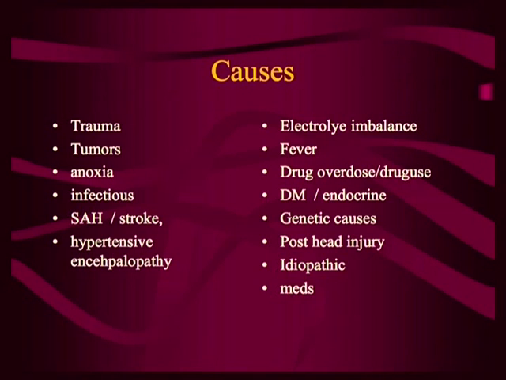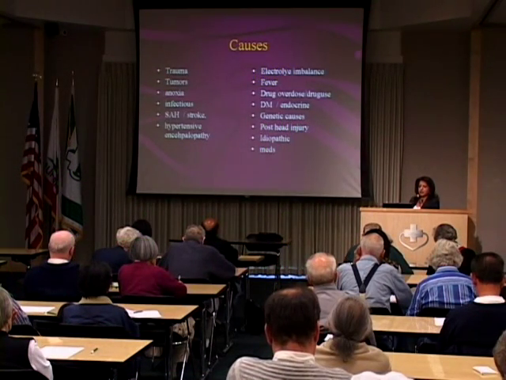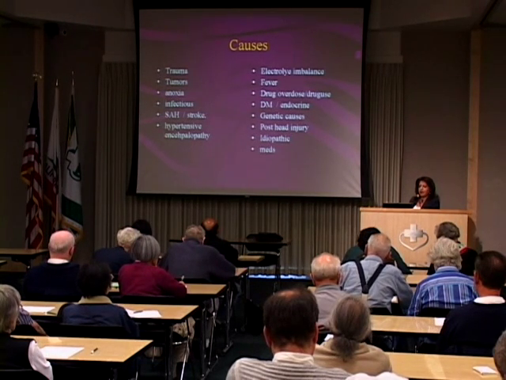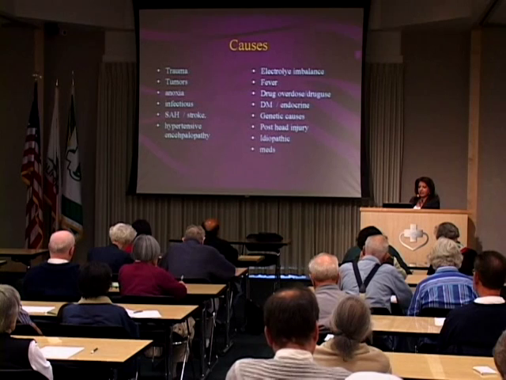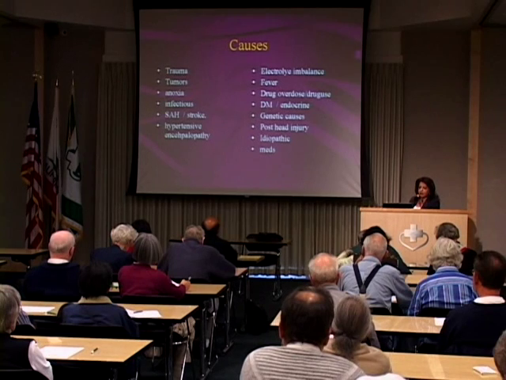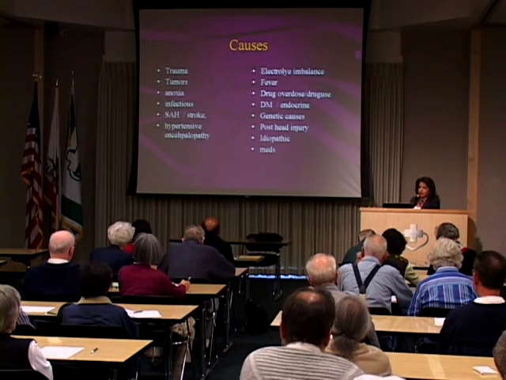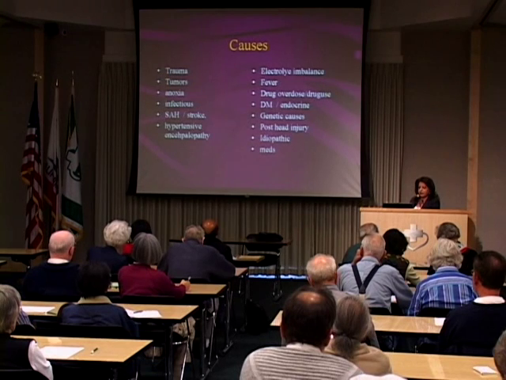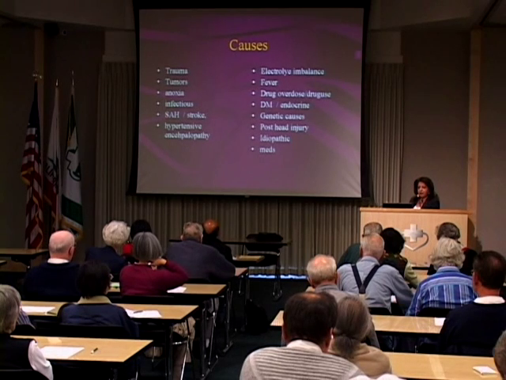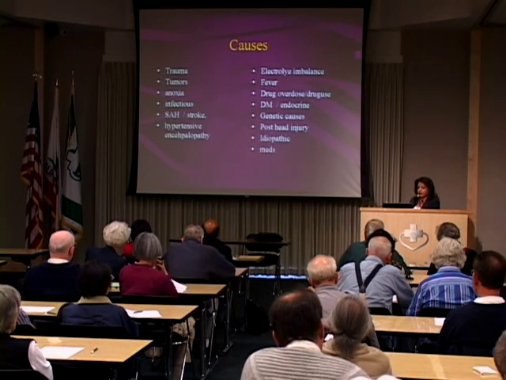Anoxia, we talked about lack of oxygen to the brain. If somebody stops breathing, not enough blood is going to the brain, not enough oxygen is going to the brain, they have anoxic brain damage. Lack of oxygen in the brain causes cell death in the brain. And whenever there's cell death in the brain, it is an irritant to the brain, and the brain goes into severe seizures. This is considered a very bad prognostic sign if somebody is having anoxia and then going into seizure after seizure. Infections like meningitis, and very high blood pressure, can cause a seizure also.